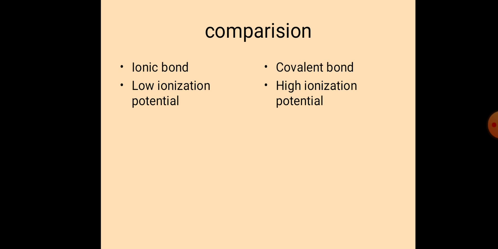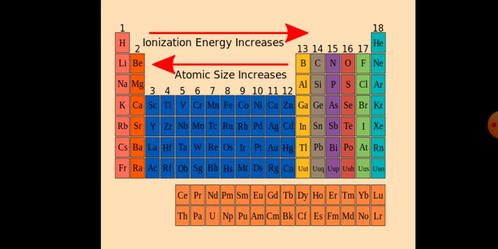First we have seen metals and non-metals, then electron affinity, then third electronegativity, and fourth we are going to see ionization potential. Now again you will have a doubt what is meant by ionization potential. The ionization potential means the energy required to remove an electron from a neutral isolated gaseous atom. So it is how much energy is required. If the energy required to remove the electron is low, it will be ionic. If it is high, it will be a covalent compound. So to understand this better, let us go to the periodic table. What you are seeing now in the slide is a periodic table.